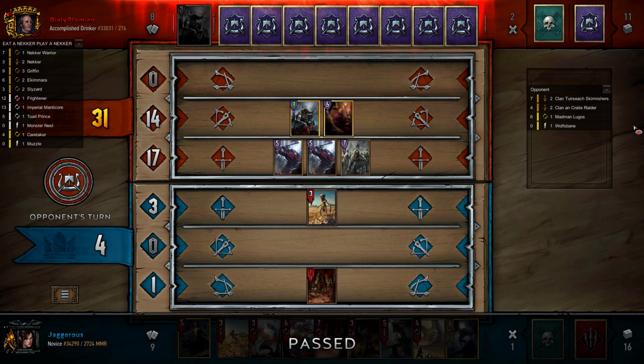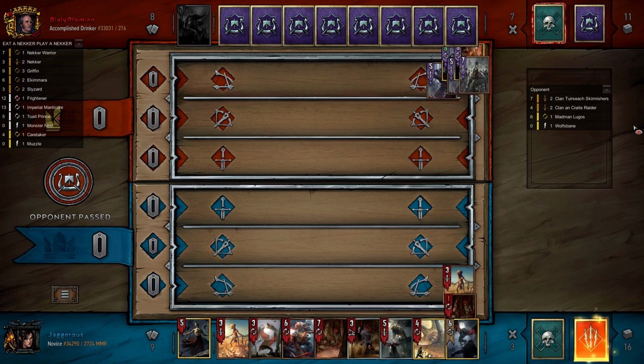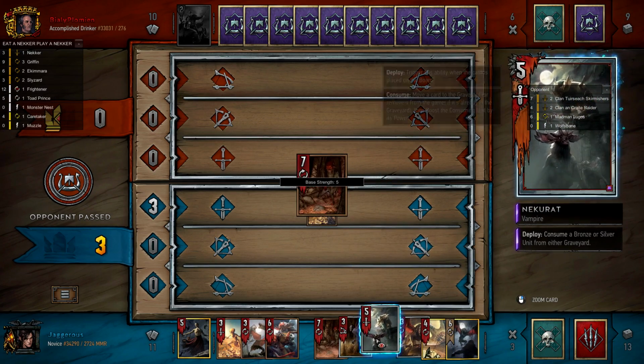Because we have 4 points, he has 31. Like, we'd have to catch up a lot of points. And like I say, it's okay. We still have a Nekker on the board. We have a Nekker in hand. You know, we have options. And I'm going to mulligan Nekker at...